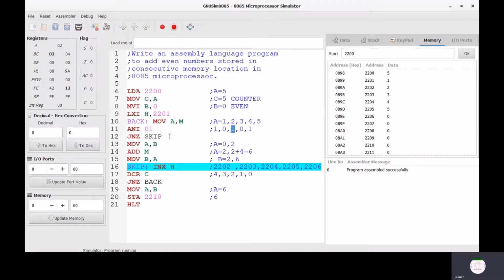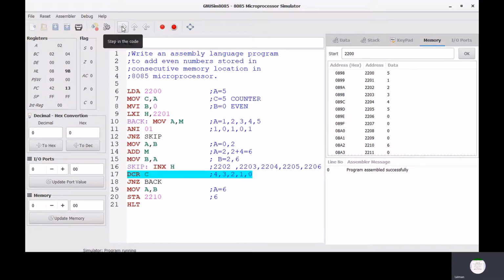So there's a need to skip the instruction and go to the next memory address. See here how it works. We take the value from 2203 and execute ANI 01. Now it becomes 1. Now execute JNZ skip, and we are at the instruction INX H.